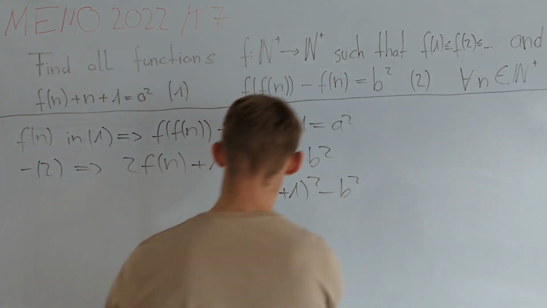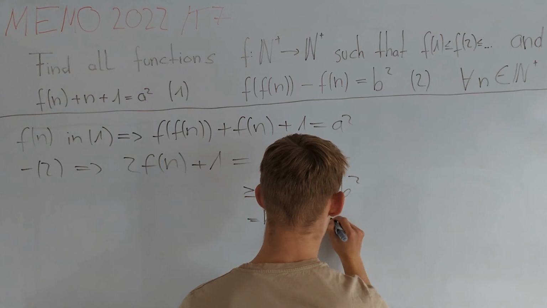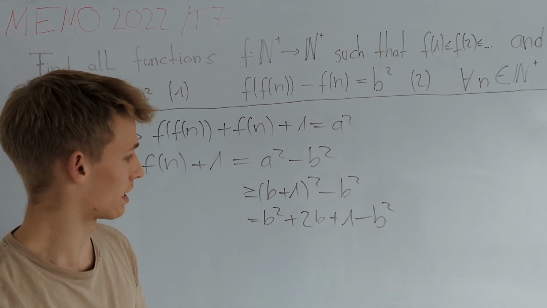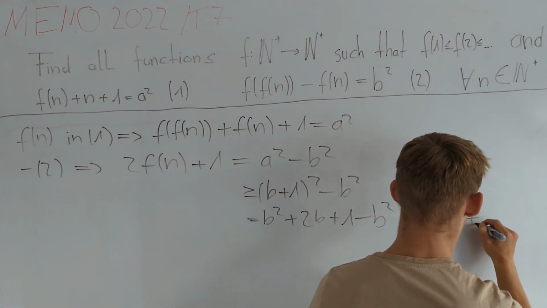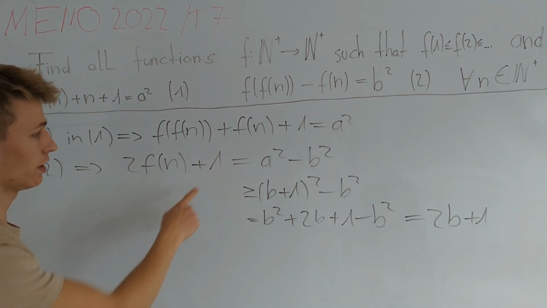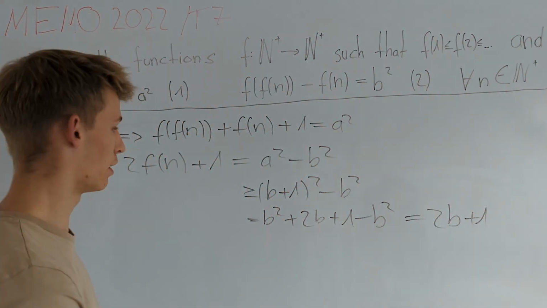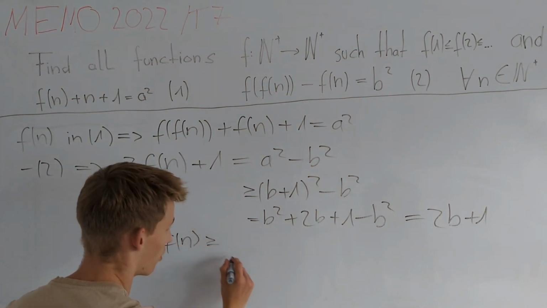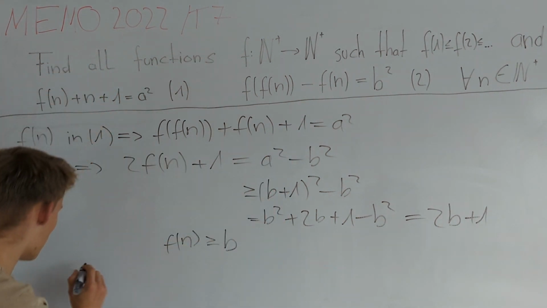Now this is equal to b squared plus 2b plus 1 minus b squared, and here the b squared cancels out, and therefore this is equal to 2b plus 1. Now we see that we have 2 times f(n) plus 1 on the left hand side and 2b plus 1 on the right hand side, and therefore we directly get that f(n) is greater than or equal to b. Plugging this back into our equation 2 gives us